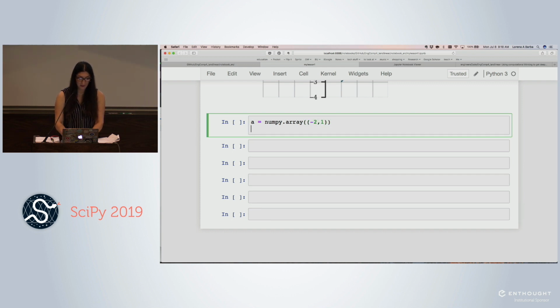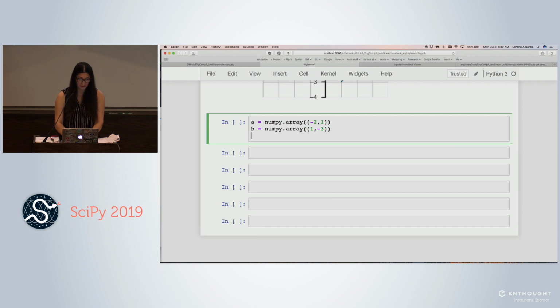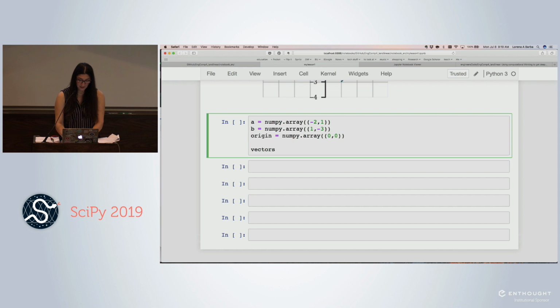That is A. I'm going to then define B as a NumPy array, and I'm going to give it coordinates 1, -3. And then I'm going to define the origin as a NumPy array with the set of coordinates 0, 0. And then I'm going to define a list of vectors. The list of vectors is going to contain A, the vector we've just defined as a NumPy array, B, and A plus B. And we're going to plot A, B, and A plus B